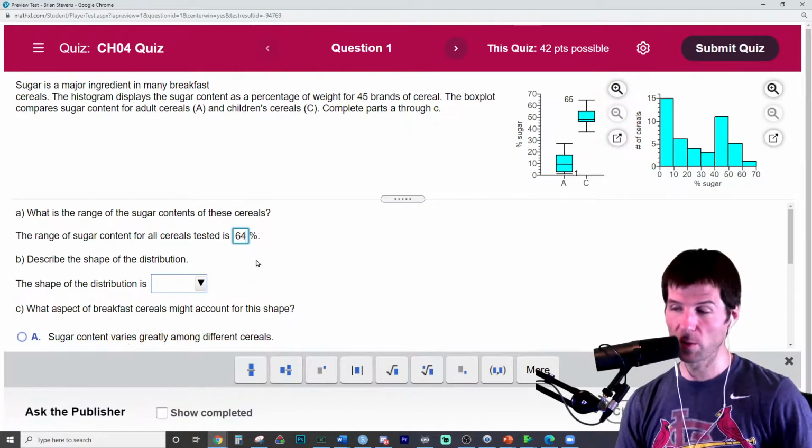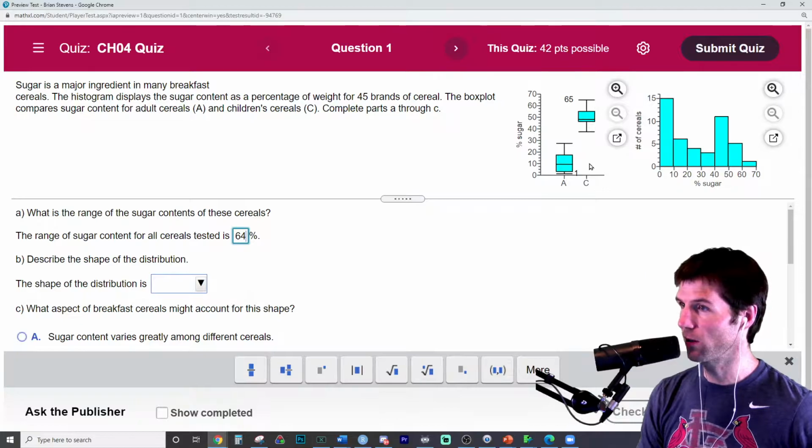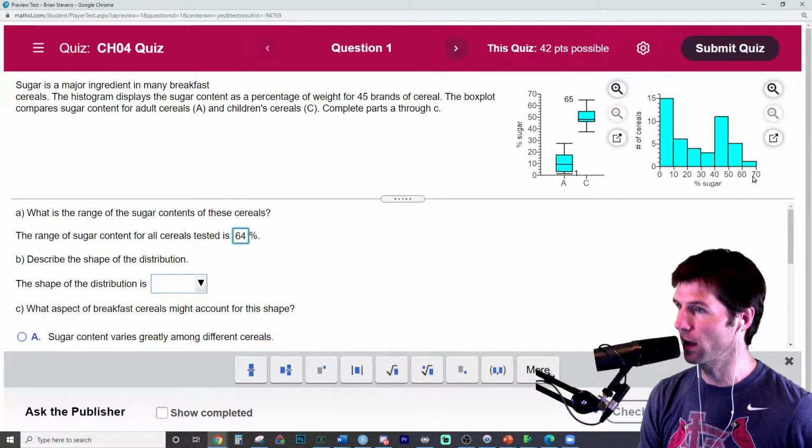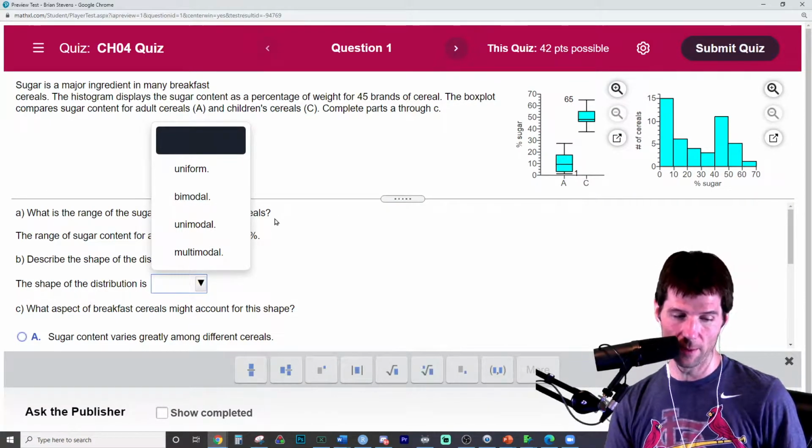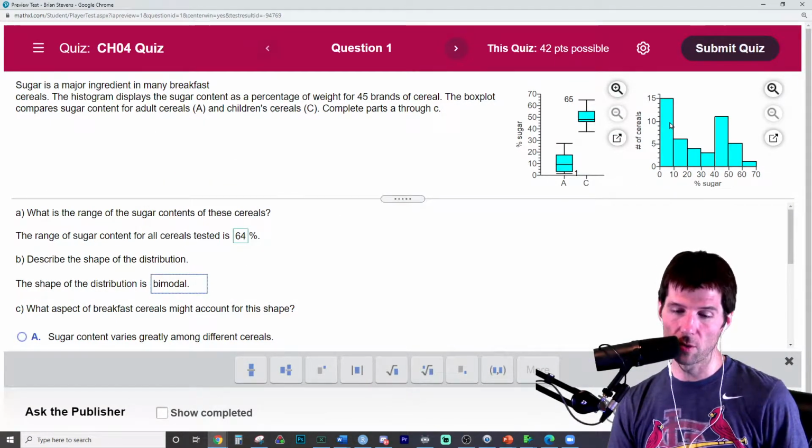And so we see right here, the range is 64 because it's just 65 minus 1. That's the range. This is just bins right here. There's data between 0 and 10. There's data between 60 and 70. The highest value is 65. That means the value of 65 is contained in this bin. It doesn't have to be 60 or 70. The shape of the distribution, which is best seen by the histogram, important to know that, is bimodal, meaning there's